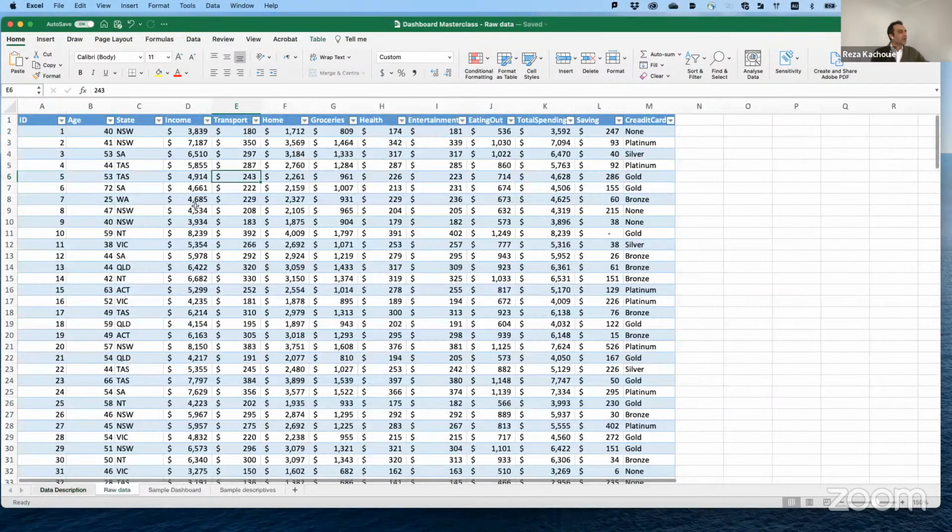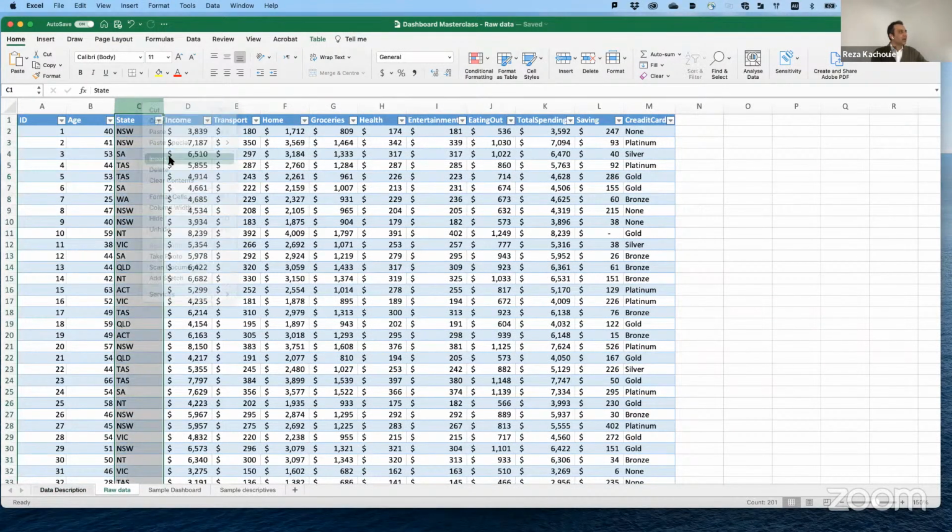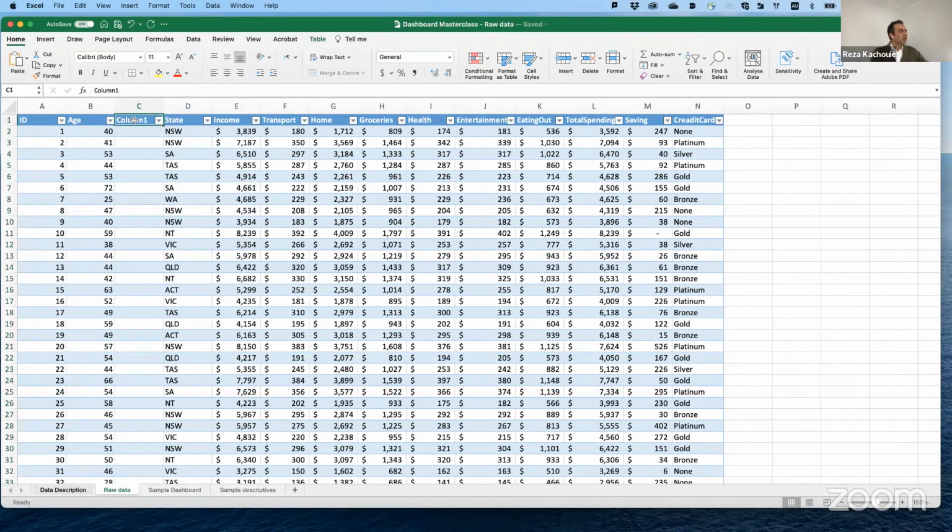So we can insert a column, name it age band or age group, and then we try to fill it with the values that we want.